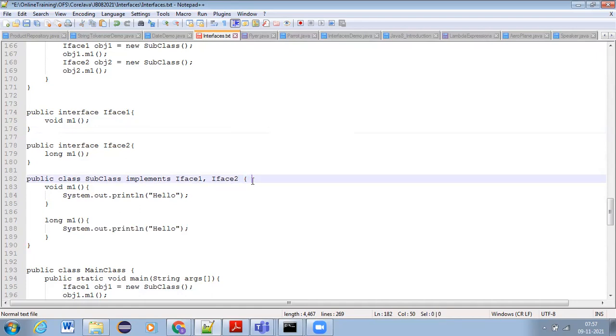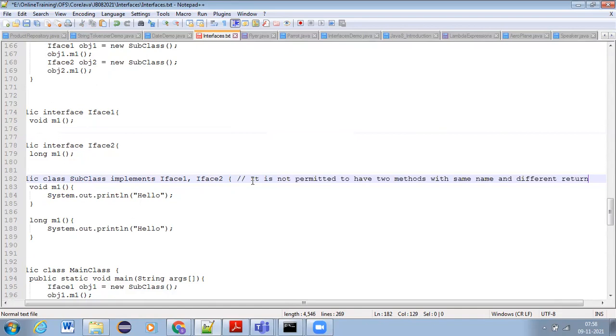So when you are writing the subclass, it is not permitted to have two methods with the same name and different return types.